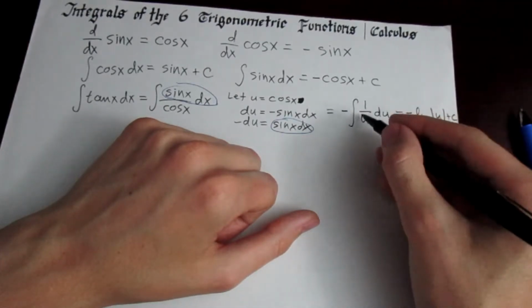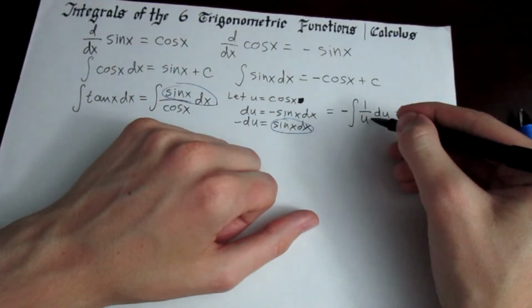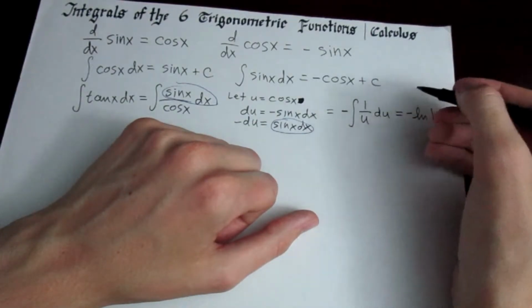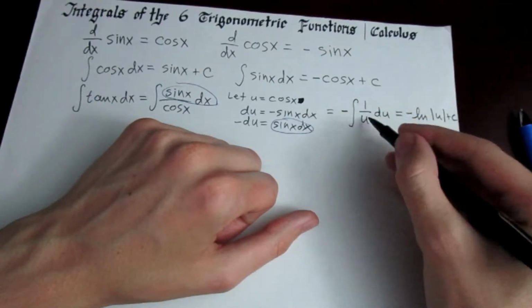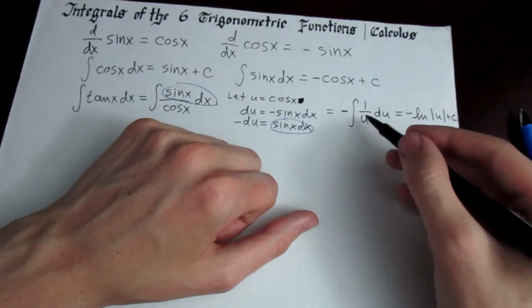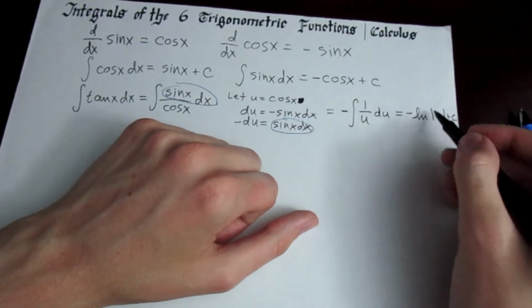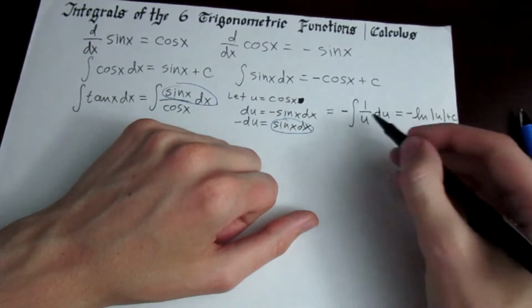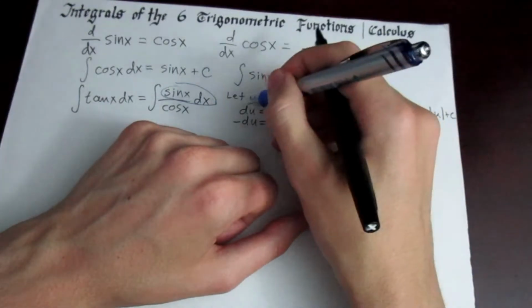If you use the power rule and say that this is u to the -1, you're going to get a 0 in the denominator. That's why you have to remember that if it's 1 over u, or 1 over x, or whatever variable you're in respect with, it's going to be the natural log, the absolute value of that variable. Now we just plug back in